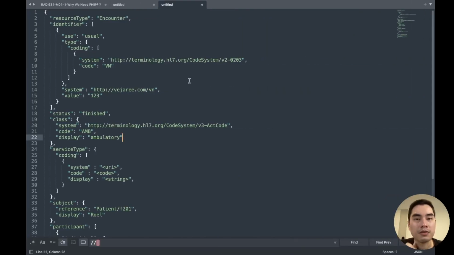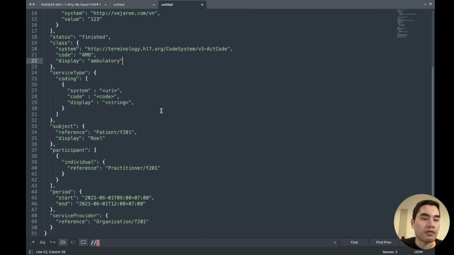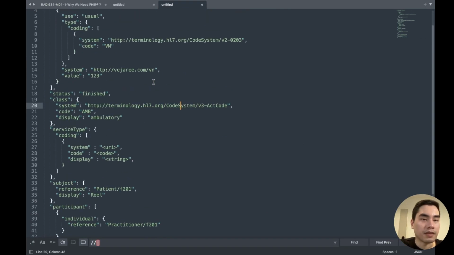It's just an example binding, so we can define our own system, like hre.com/servicetype. It's a URL thing. So the code, we can define our own code as well. It's CHKUP, something like that. And check up clinic check up service.